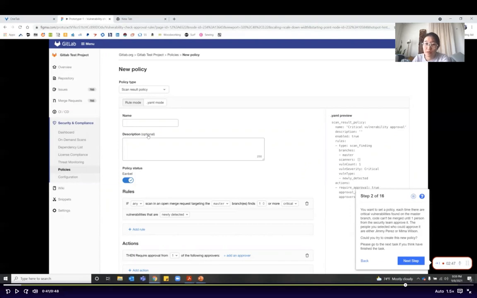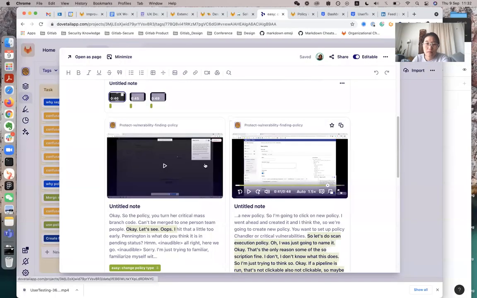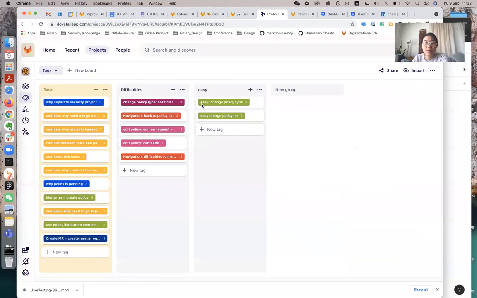So even people who struggle a little bit at the beginning, who play around the page and cannot find what they want to do, will think about the policy type because we highlighted it for them. So this is the first big difficulty. The second difficulty is